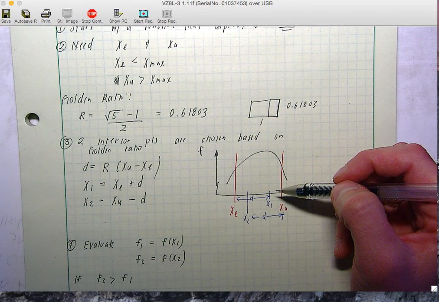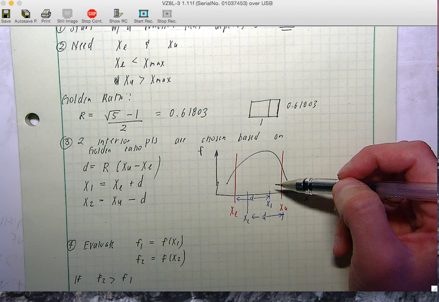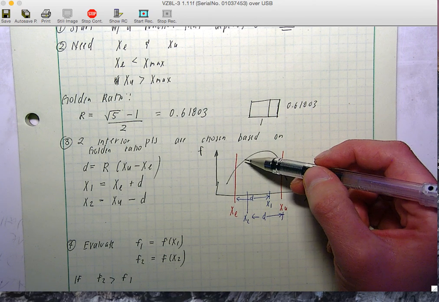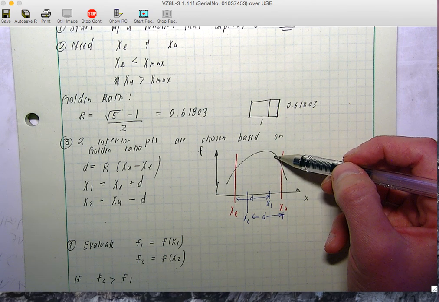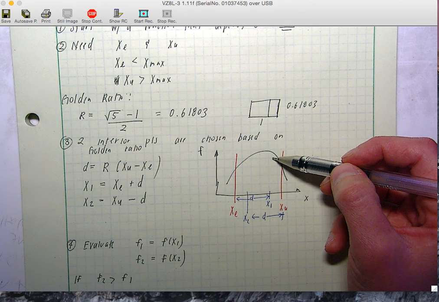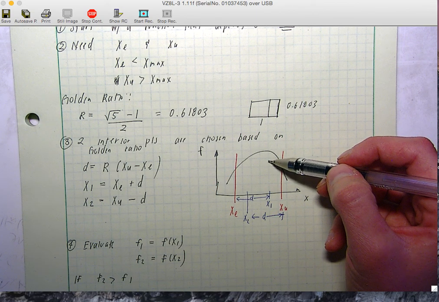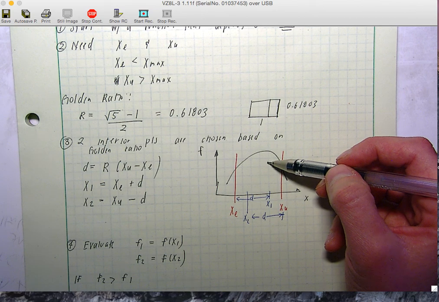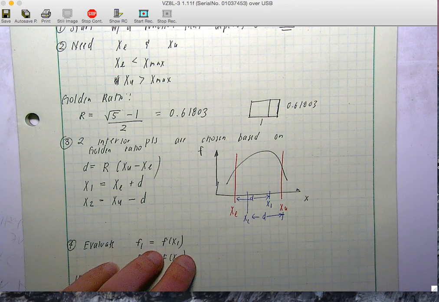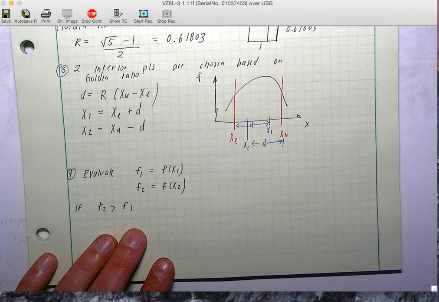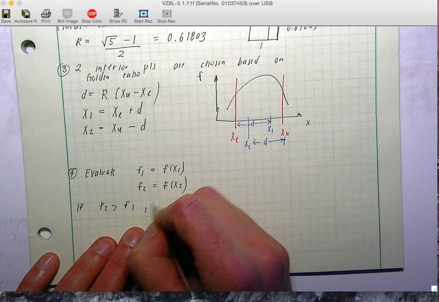I said I was writing a maximum. Okay, so if f2 is greater than f1, did I write this wrong? Let's write it out. So if f2 is greater than f1,